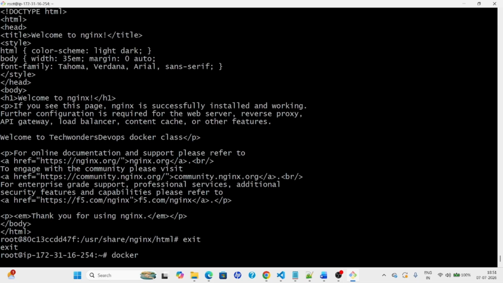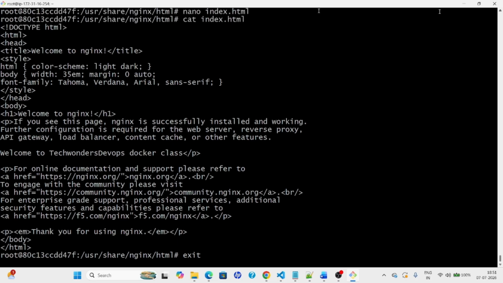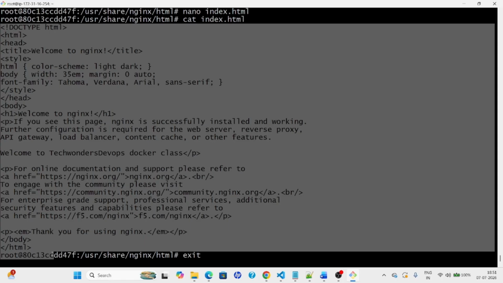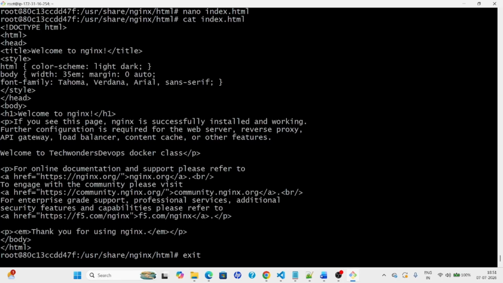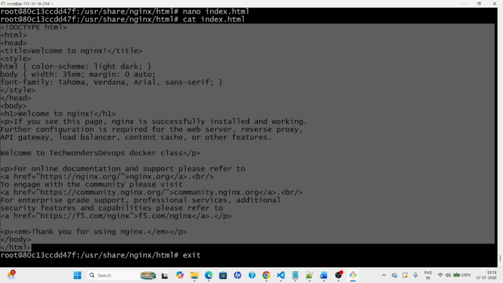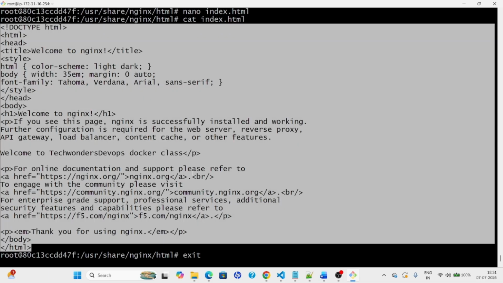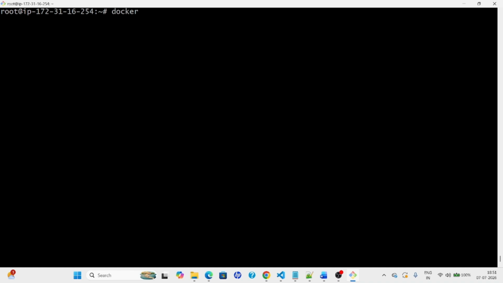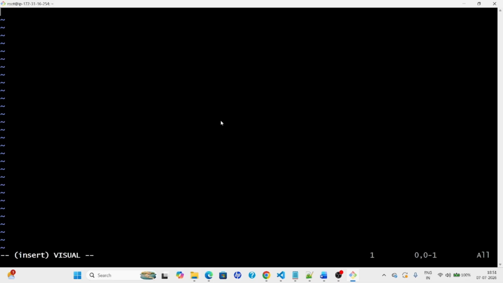But in real time, we mainly use the docker cp command instead of that. So this particular content I will copy once again. Currently, this content is available inside the container. So I will use this one. I will create a new file, index.html. If you want to copy a file from your Linux machine to your Docker container,